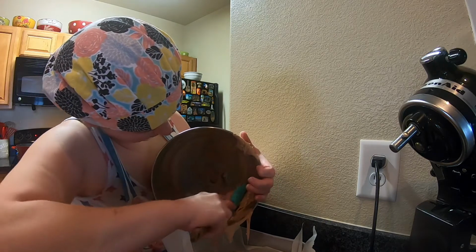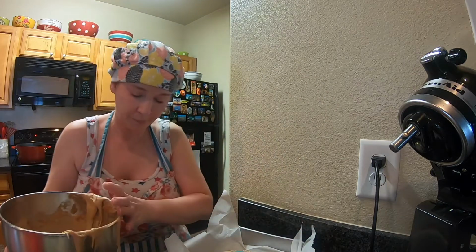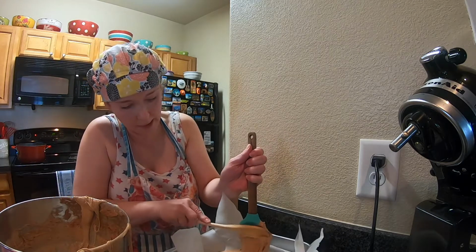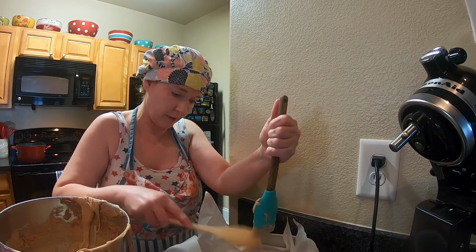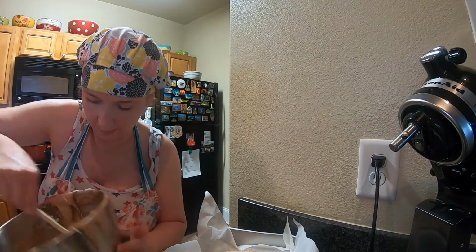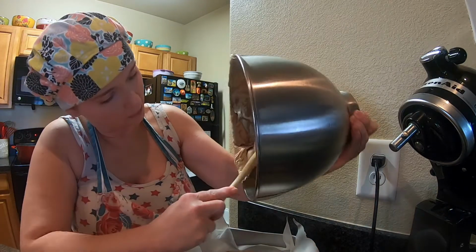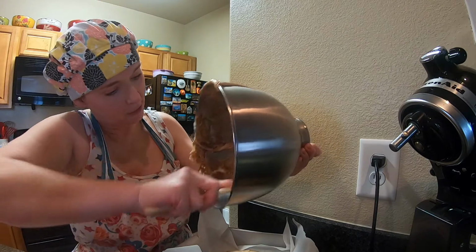This pot is still hot. This is pretty hot here. Let me go ahead and scrape this down here. Get this off of here so I can spread this out. Get the rest of this out of here because this is so thick. I'm gonna have a hard time cleaning my mixer here, but I'm telling you, dude, this